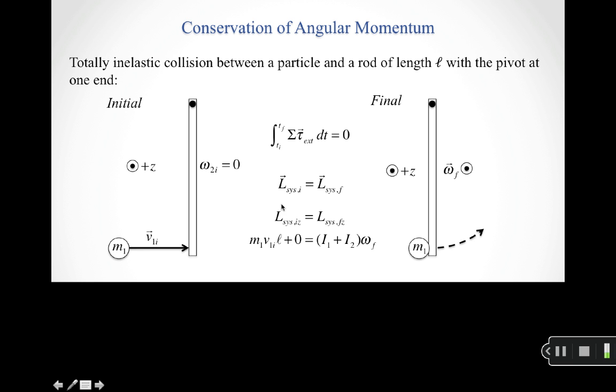So here's my equation that I'm setting up due to conservation of angular momentum. It again looks very much like a one-dimensional, totally inelastic collision. It's just that in this case, it's for the angular momentum coming out of the page. And so this is the way that we're going to work conservation of angular momentum problems in class. We're going to pay attention to initial, final. We're going to think about the pieces we have in our system initially, the pieces we have in our system at the end. We're going to think about direction, because this is a vector problem, so we need to pick a positive and negative direction for our coordinate system to make sure that we keep our signs straight. And then we'll deal with situations where the angular impulse is 0, so that we have conservation of angular